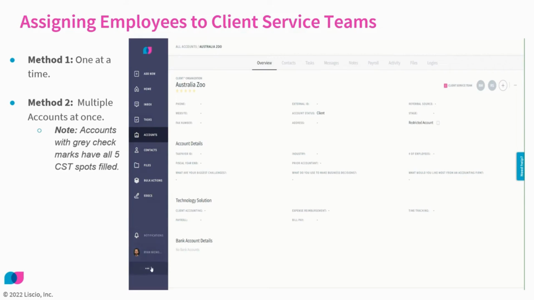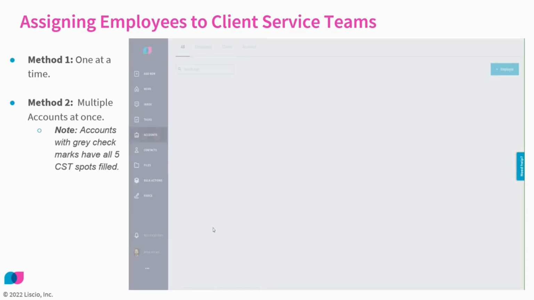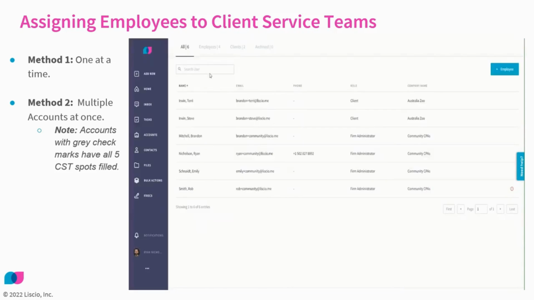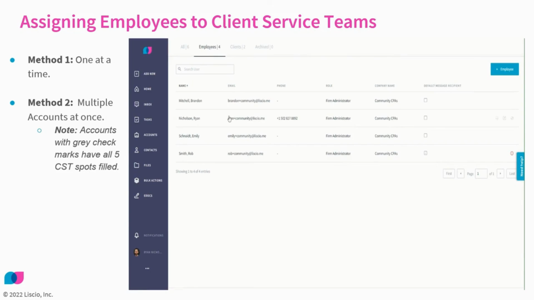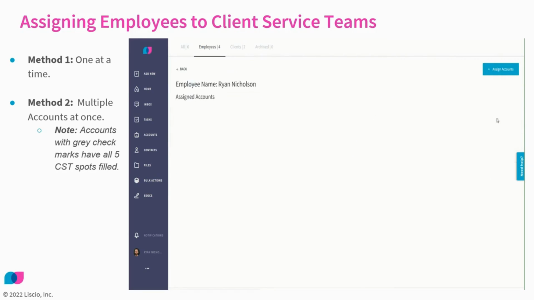You can also go down to your 3 dots, Admin, Users. Go ahead and narrow your view down by your employees. If we come in, you can hover over, so I'll hover over myself. There's an icon here that looks like little headphones that will say Assign Accounts. If you click this,